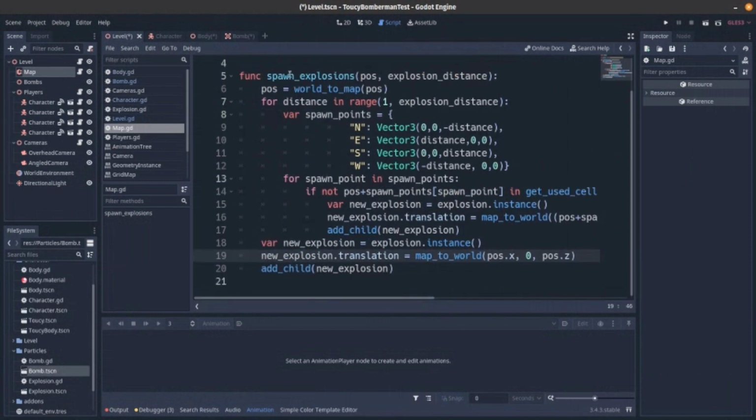How does it handle that? Well, first, it takes a position and it uses world to map to turn it into position. Why? Because we want to snap it onto the grid, right? I don't want a bomb halfway between grid positions. Secondly, I need to find out how far you can go. So one is just where the bomb is. That's pointless. Then I'm going to take the distance we're going and I'm going to put them in a dictionary,